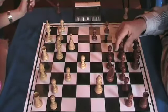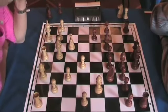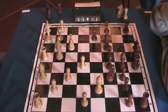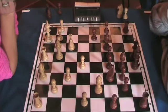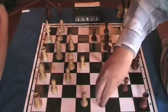Balashov just played f5. I took on c6, bishop takes c6. So in this system you can choose different lines. I've played it as black as well in my life. I played h4 here, and in order to stop my pawns, Balashov first played h6, asking me to decide what to do with the bishop. Sometimes white takes on f6, but in this position it's better to play bishop e3, and here he played h5